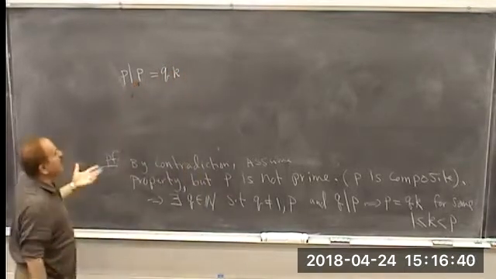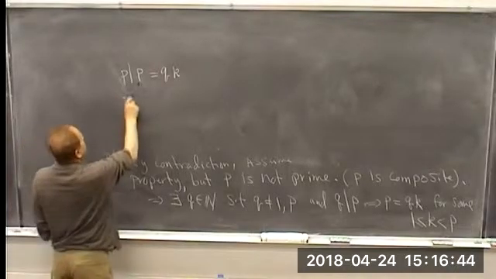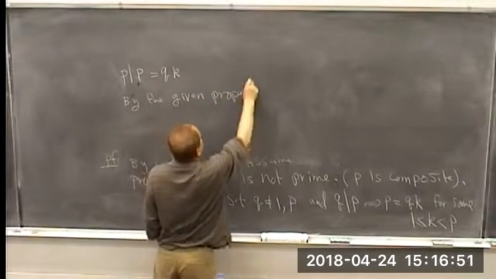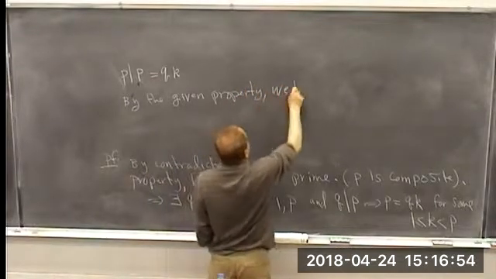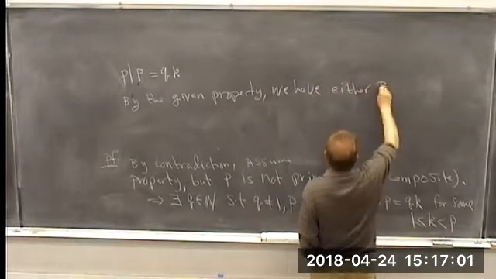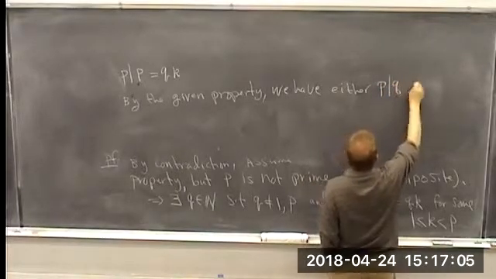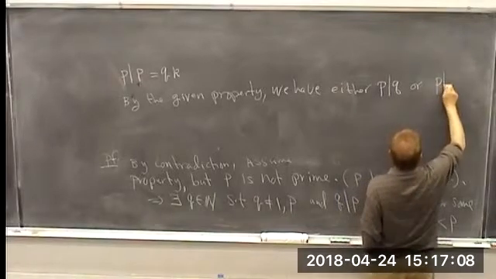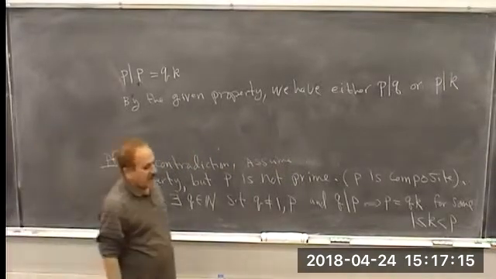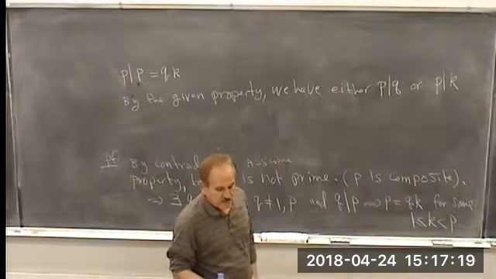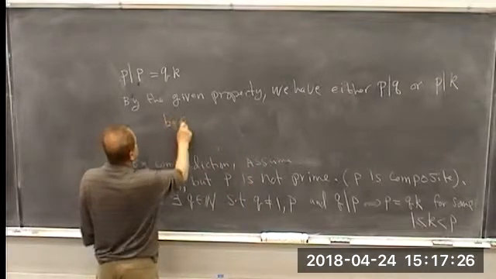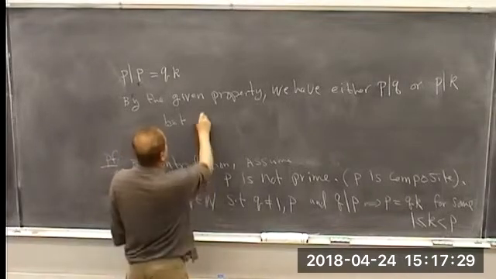All right. Now we're going to use the given property. By the given property, we have either P divides Q or P divides K. All right? And so from this, well, we have both